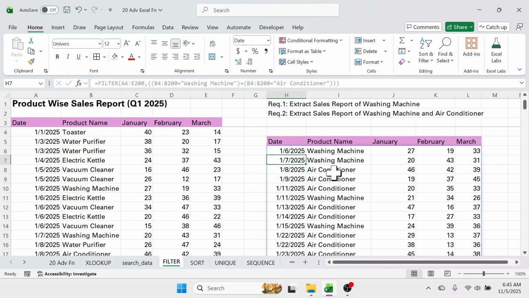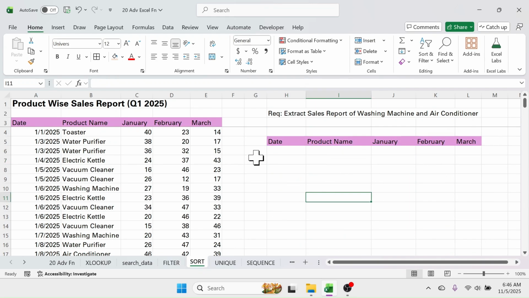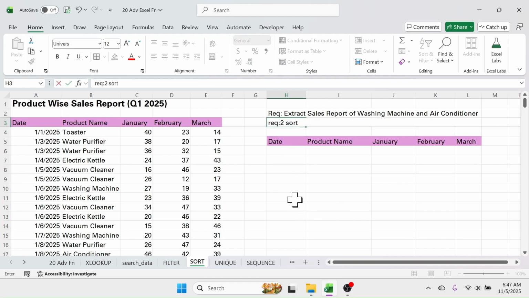The next function is the sort function. For this sort function also I have taken the same example that was in the filter function. Here also the requirement is to extract the sales report of washing machine and air conditioner, and after extracting the report we have to sort the product name in alphabetical order. So here the next requirement is sort the product name in